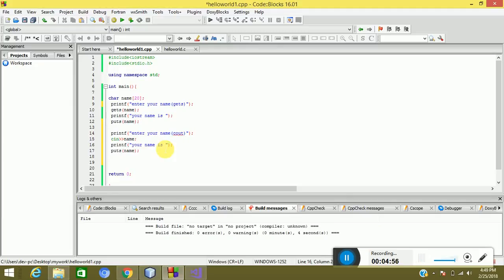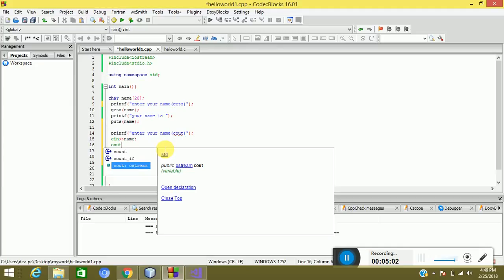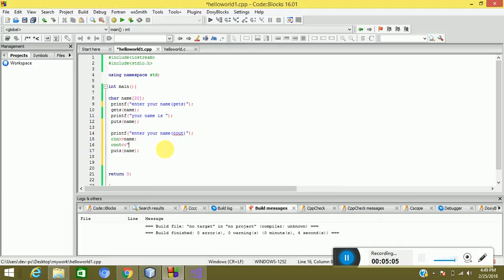So to print it, use cout, your name, and remove this one. Let it be t. The input part we are considering as n, and then if you run it again,